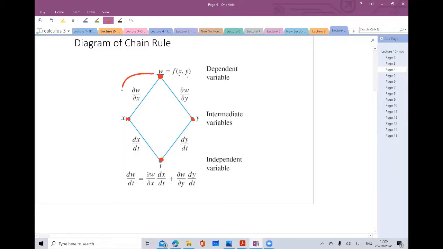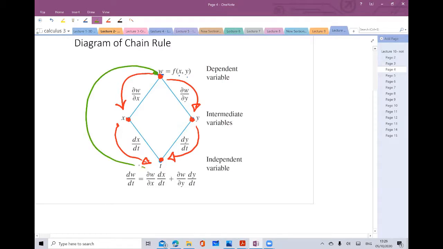From node w to x, I have partial w, partial x. From node w to node y, I have partial w, partial y. From node x to node t, you have dx by dt, a total derivative, and there is only one branch coming out from x, so it's a total derivative dx by dt. From the node y, you will find dy by dt as well. Okay. If I want overall to go from the first node w to the ending node, which is t,